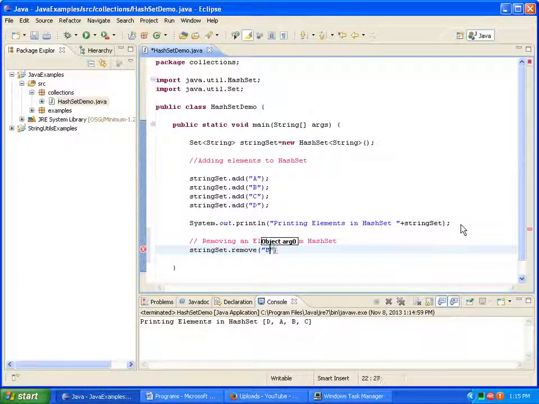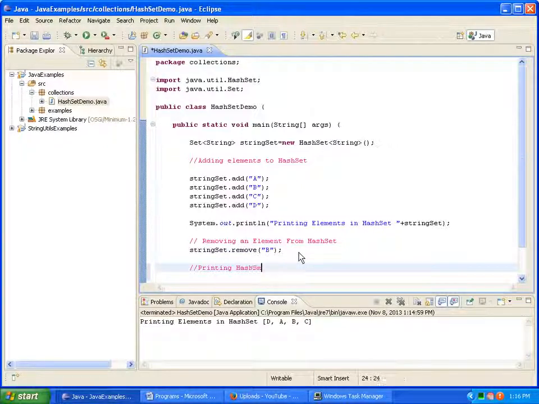Which element am I removing? I am removing b. Now I'll print this hash set after removing the element.